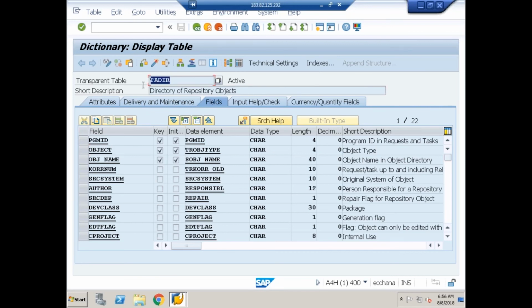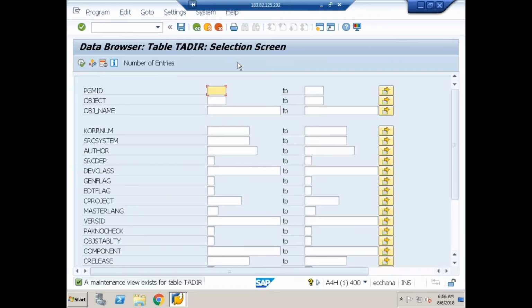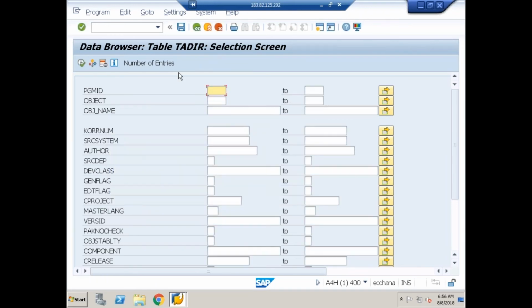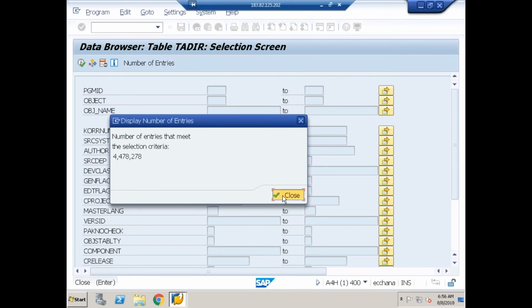The database table contents are records, meaning rows. If I click on number of entries, we have around 44 lakhs 78,278 records.